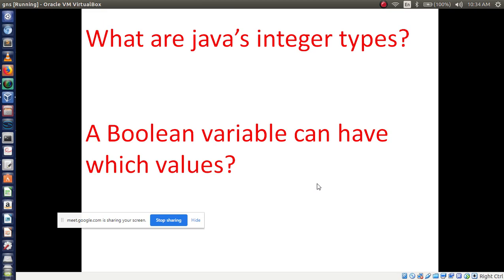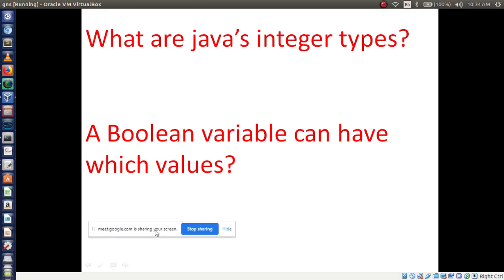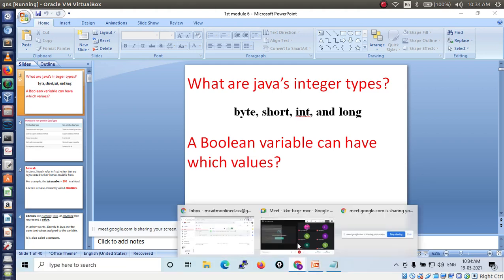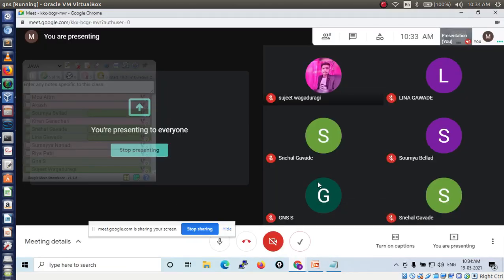What are Java's integer types? Do you know the answer for this?